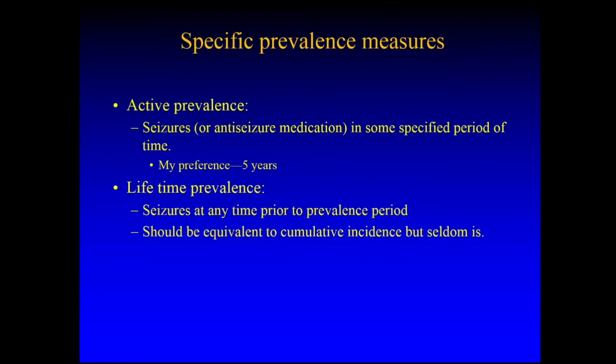When we talk about prevalence, we try to talk about active prevalence, and by that it means people that are affected at the present time with the condition. There are various definitions that have been used for active prevalence, but generally an active prevalence case is somebody who's had seizures in some specified period of time in the past, or is using anti-seizure medication for some particular